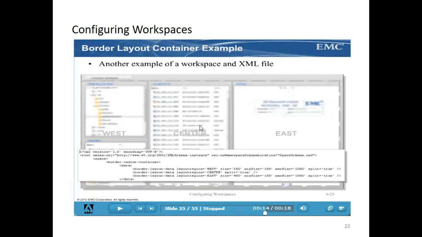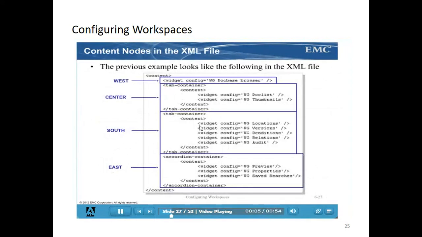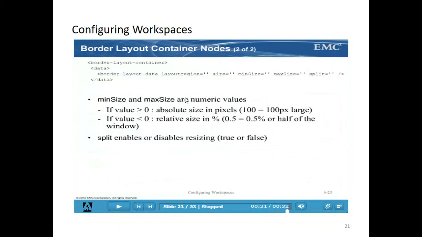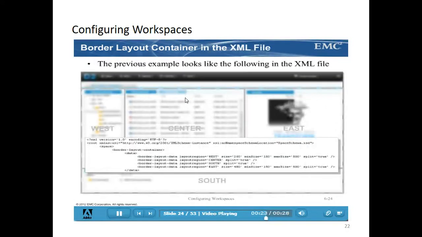Let's take an example. So consider this is the exact base model of the XML. Before that, you need to define the border layout. In border layout, you should define the basic syntax of the root XML, the border layout container, and open data and close data. In border layout container, you should define all the 5 positions or 4 positions which you want, or 3 positions, whatever you would like to define, you can define here.